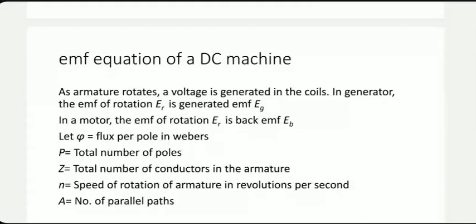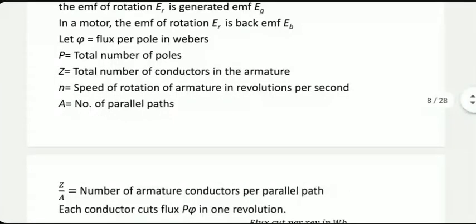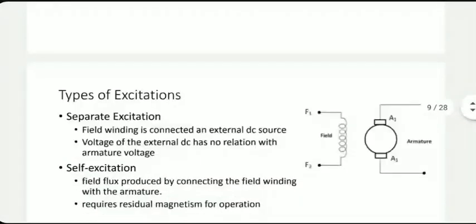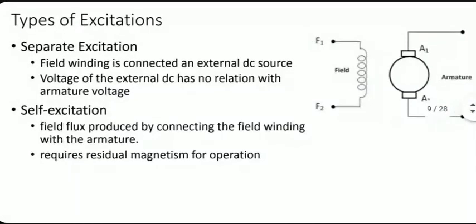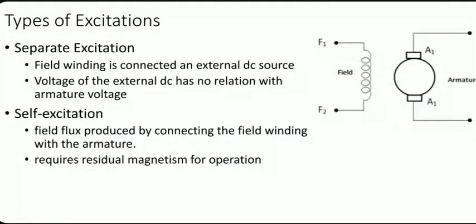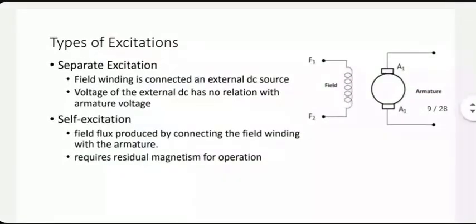EMF equation, we will be deriving it later, but it essentially gives you a way to calculate how much EMF would be generated in a DC generator based on how much flux is being produced, etc. The field windings can be either separately excited or self-excited, as I was mentioning last time. That means they can have a separate DC source to feed them, or you can use your own DC voltage that you are getting to feed them. Both options are fine. Self-excitation is slightly more complicated, but it is worth it because you don't need a separate input voltage to excite the field windings.